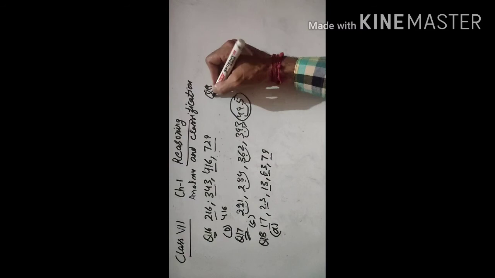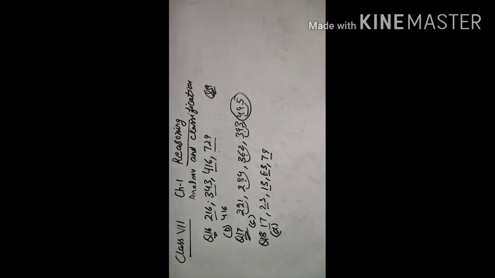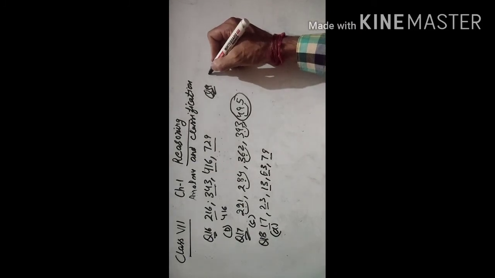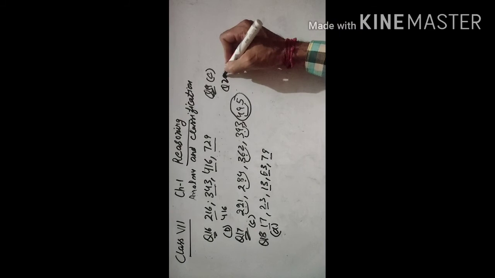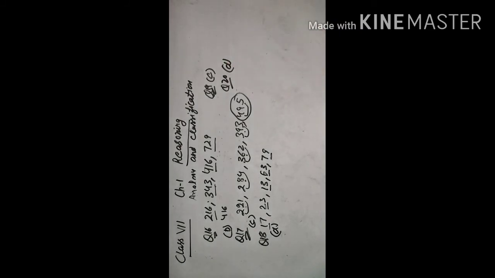Question number 19 is, yes, now this question comes: diameter, chord, diagonal and radius. So diagonal is the C part, it is not a part of a circle. Square, rhombus, parallelogram, pentagon. Square, rhombus and parallelogram are 4-sided figures, but pentagon is 5-sided, so pentagon is the odd one, that is D option. Question number 20, D option.